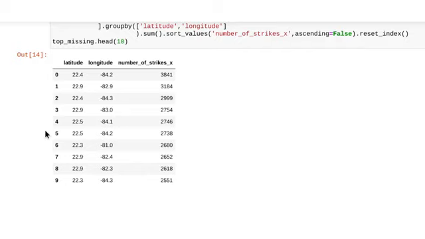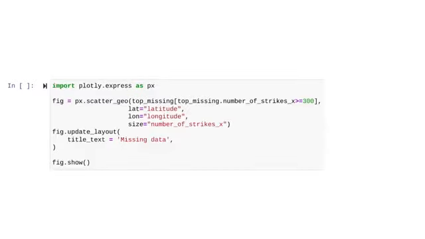After running the cell, the first 10 rows show the most strikes are falling on and around the same latitudes and longitudes. Let me give you a helpful hint before we plot a visualization using this data frame. You should import the Express package from Plotly first. Express is a helpful package that speeds up coding by doing a lot of the back-end work for you. If we don't use Express for this particular data set, which has hundreds of thousands of points to plot, your run cell times could be long, or the code could even break.